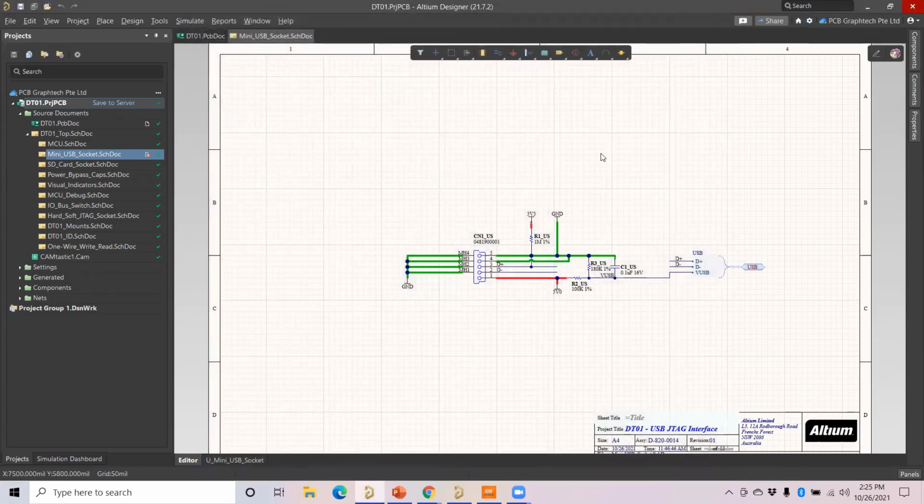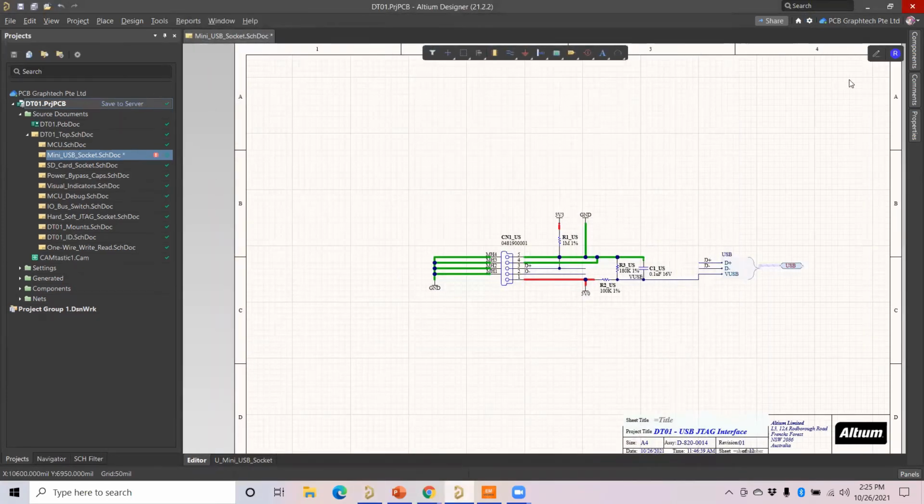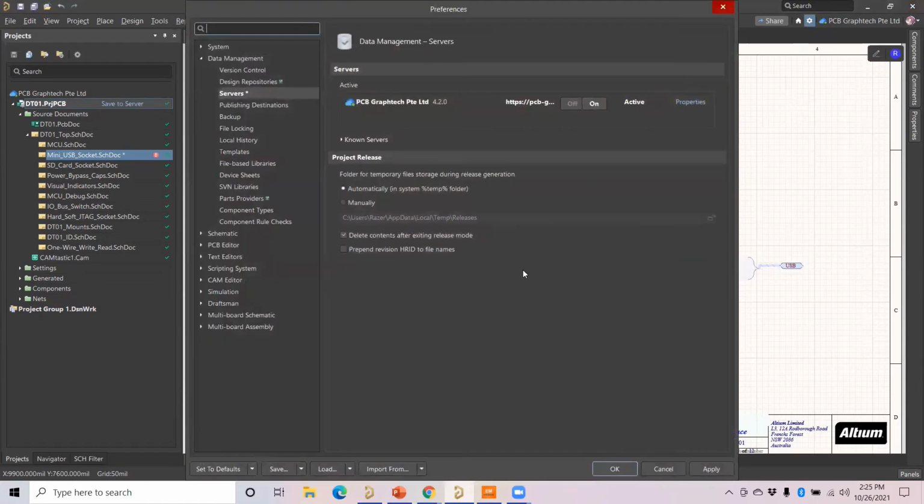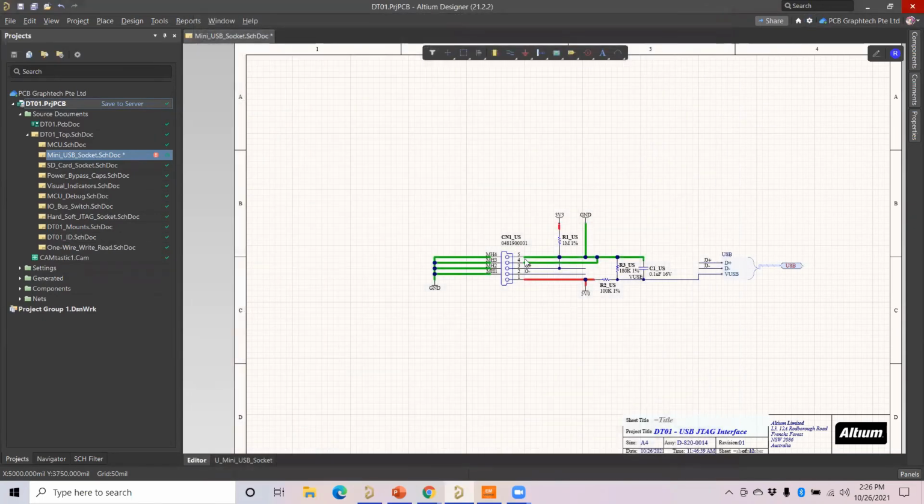For example, if I do the same for my colleague here, this is under my colleague's account. You can see she is not actually the admin. Let me see under the preferences, under the data management server. If you go to the properties, you see her operation is grayed out, meaning that a person who is not an admin will not be able to edit the operations. Only the admin will be able to edit the operation, give permissions, and control the server organization. So this is about your team configuration, overall how to work inside the Altium 365 workspace as well as inside your Altium Designer.